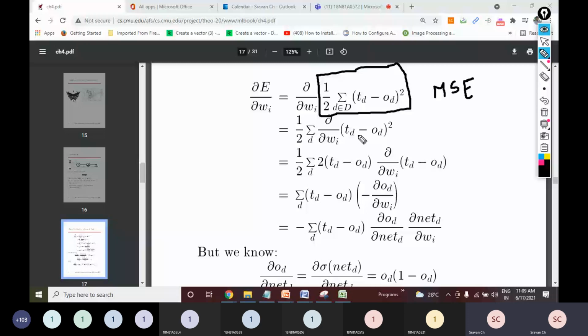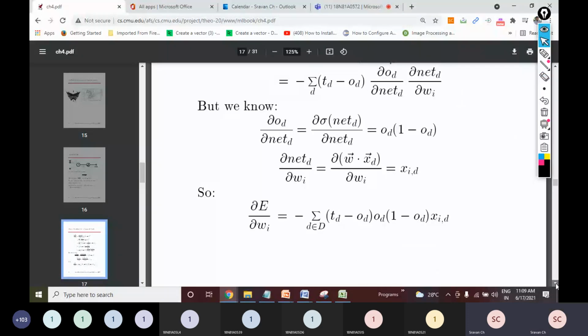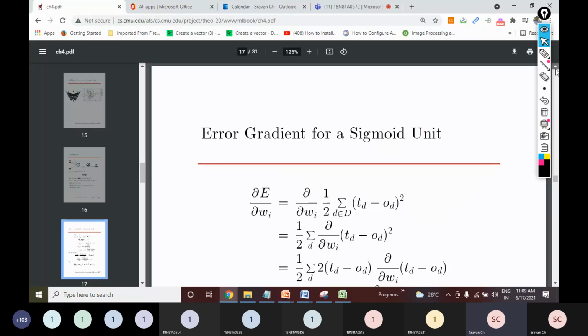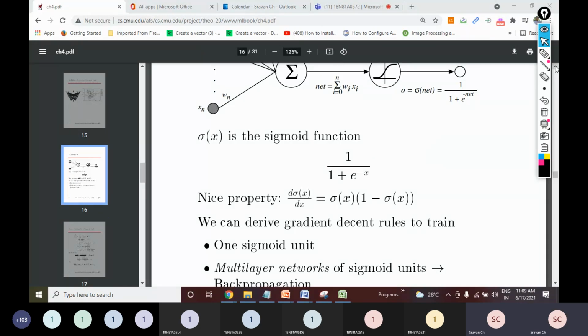right? But we know very well we are doing it on a sigmoid function now, so our focus will be on this part. So what was the output of one sigmoid neuron? The output of our perceptron was net. To make this formula look simple, we have written net. So what is this net? We know very well. So this is net, right? The entire output of the perceptron is simply represented using the word net.